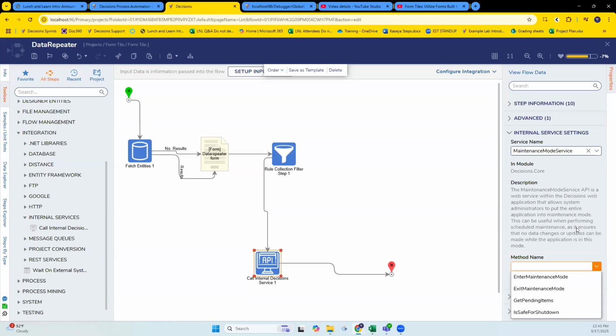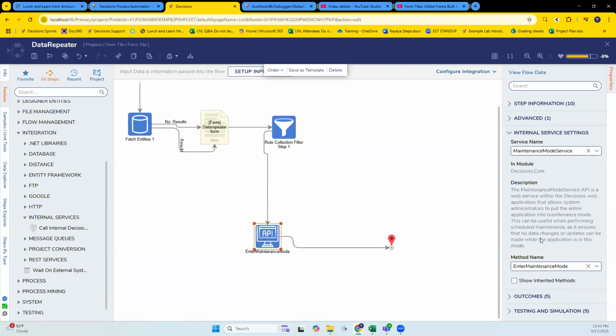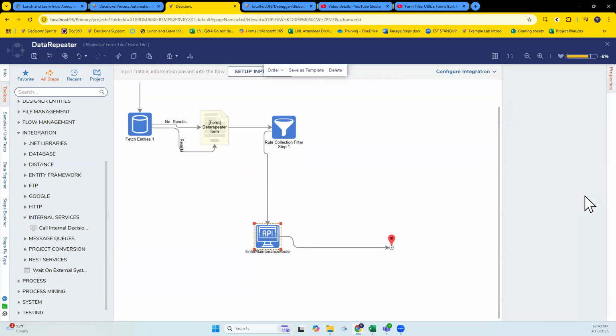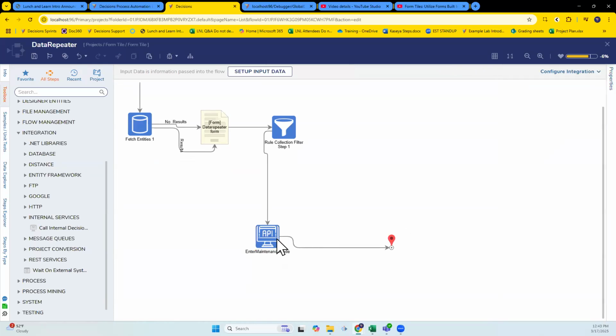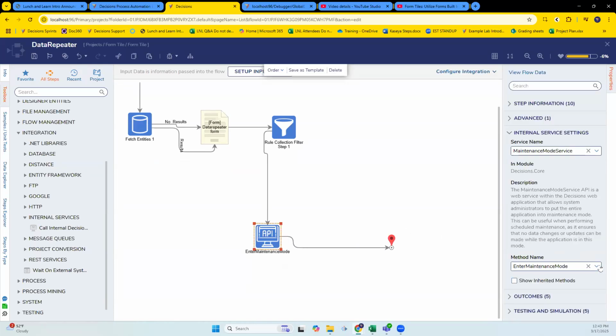And if you use it, is there documentation on this step on how to use it? Most of our internal decision server steps, there's not. Even with this, there's literally no inputs. You just do the thing. Okay. There's not much to document here. I don't get any input variables. It's just enter and exit.